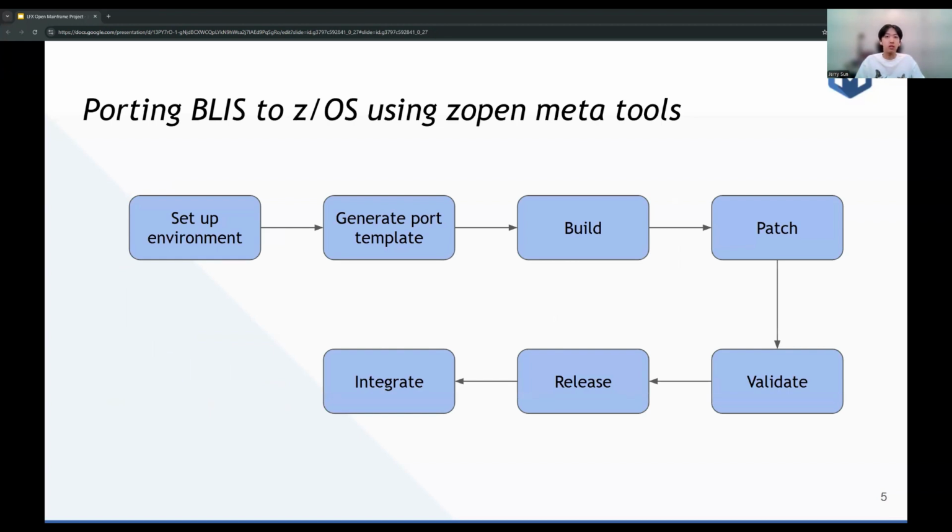Porting BLIS to z/OS was a simple effort, and zopen meta tools provides us with most of the tools we need for this process out of the box. The process starts with setting up the environment, which involves getting access to a z/OS machine, as well as installing development tools including Git, Make, and Vim, which are all available through zopen tools. We also need to generate a port template, which is readily available through zopen generate for scaffolding the ports. We also need to build the port, and we can utilize zopen build for compiling and testing